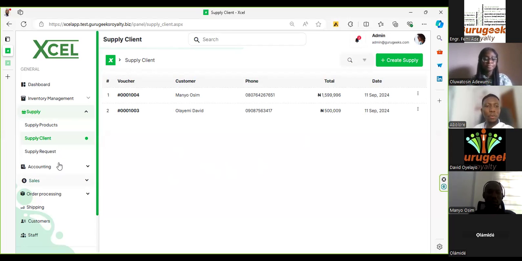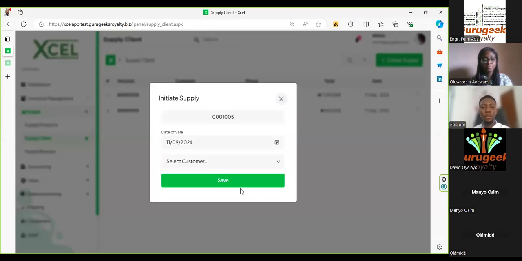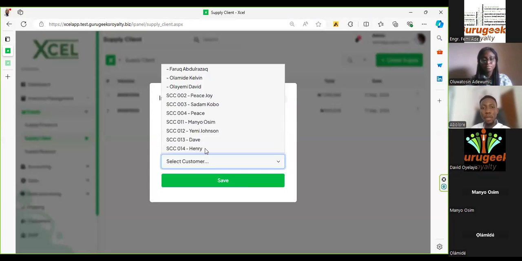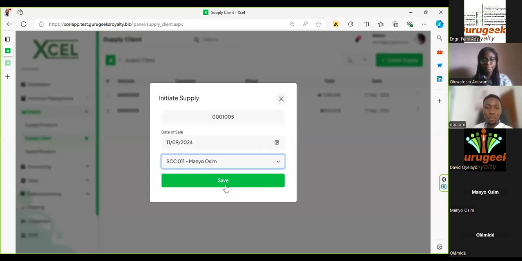Okay, so to supply some of the clients that you have in the system, it's pretty simple. You just have to come to the supply module here, click supply clients, and the system routes you to a modal where you can select the customer you want to supply to. So at this point, Mr. Charles wants to supply, say, Mr. Manu, and you just click on Mr. Manu, and then